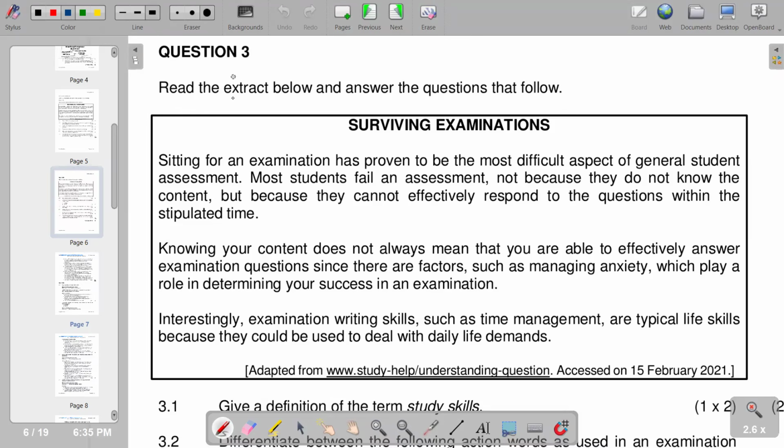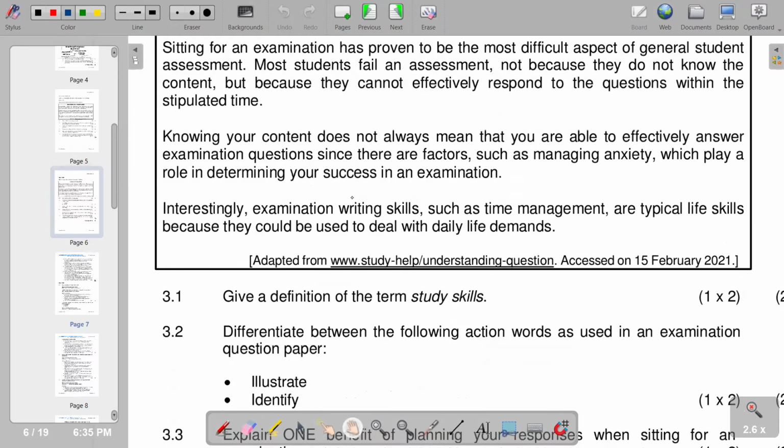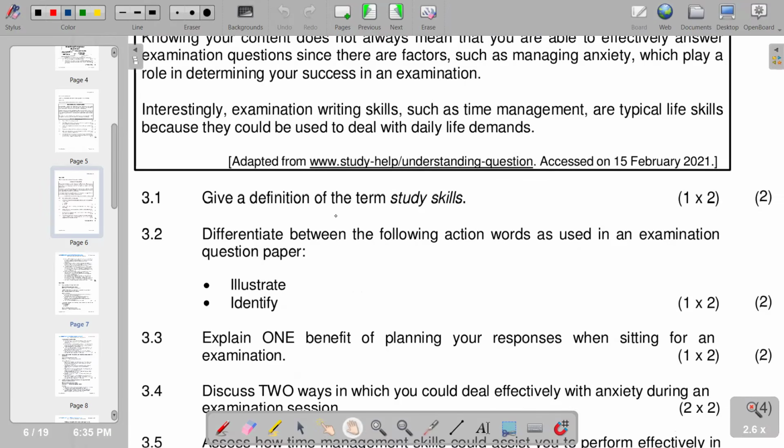On our question 3, it reads, read the extract below and answer the question that follows. So we're given this extract of surviving examinations. You need to go through the extract that you're given. Then beneath that, we have the question parts, whereby the first question reads, give a definition of the term